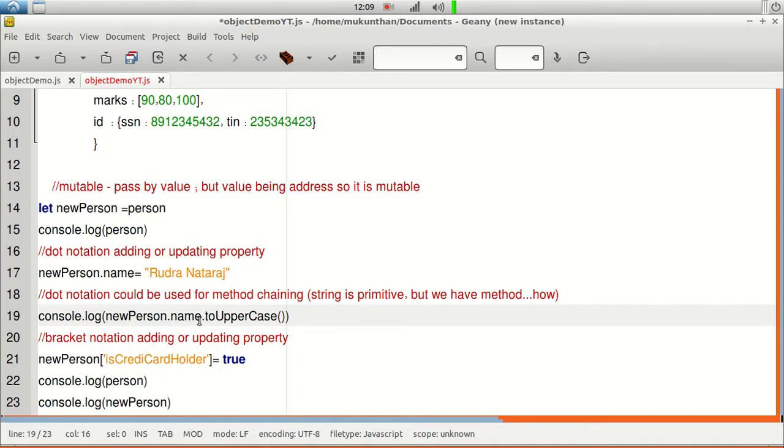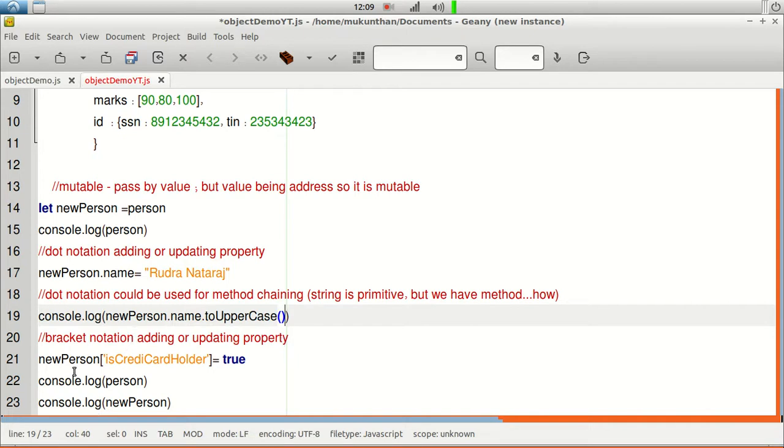That means that by putting just a dot, you can follow with the different methods available on the string. That can be lowercase, uppercase, split. It can be any method, but for simplicity here I am using toUpperCase, which means that whenever you have the dot notation, you can use method chaining. If I want more chaining, you can chain the split method, the splice method, whatever you want. This will be useful in case of method chaining.